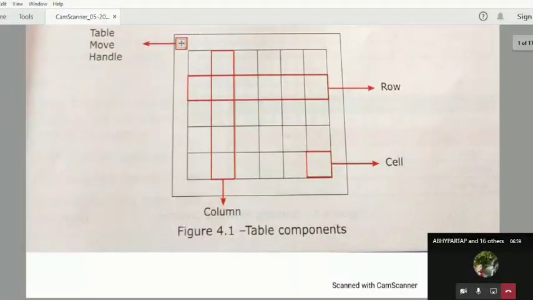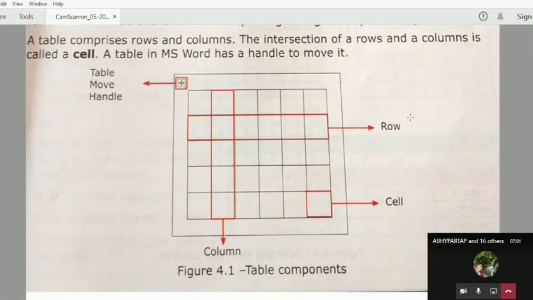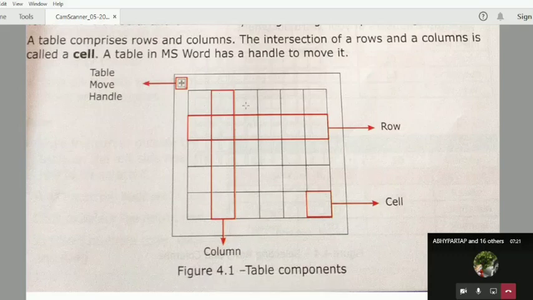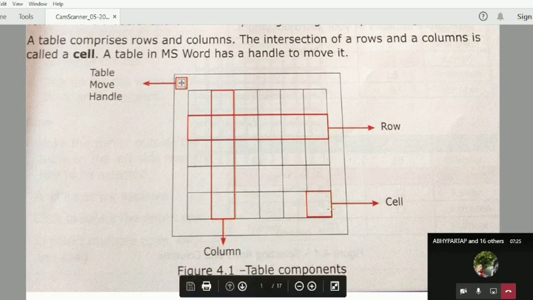Here we have a table given in our book. Here they have created a blank table. So in this table, we can see different types of boxes. This one box, 2, 3, 4, 5, 6. There are so many boxes. So one box is called a cell. First cell, second cell, third cell, fourth cell, fifth cell, sixth cell. There are so many cells.